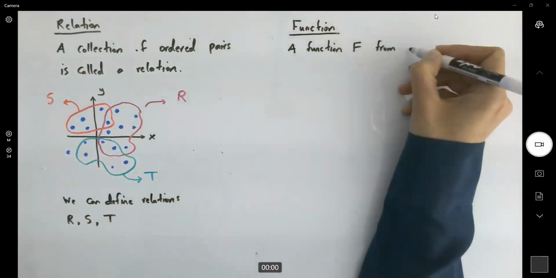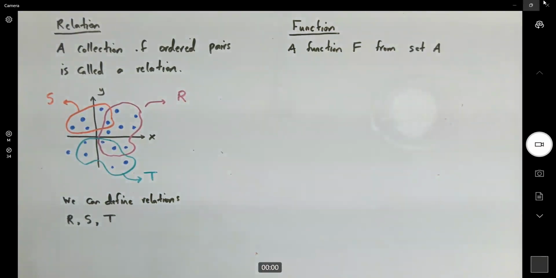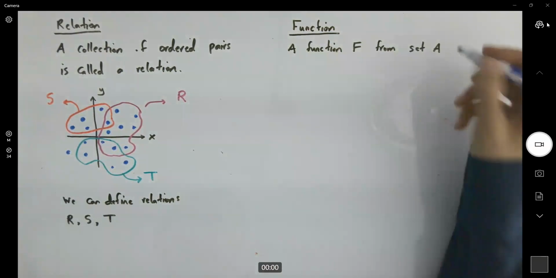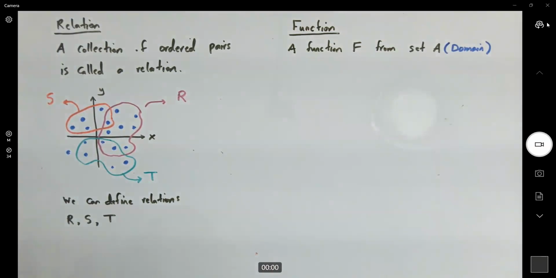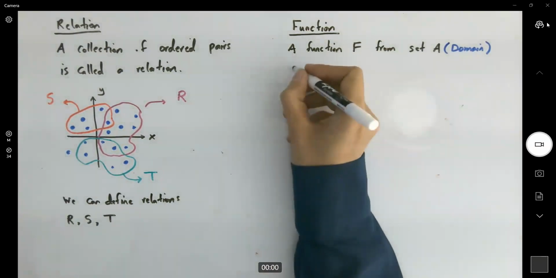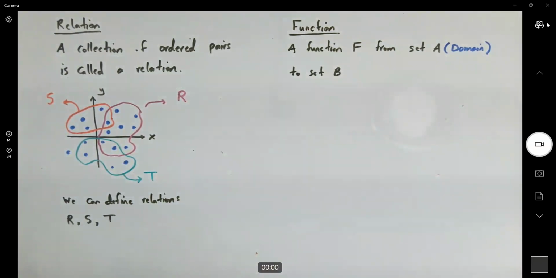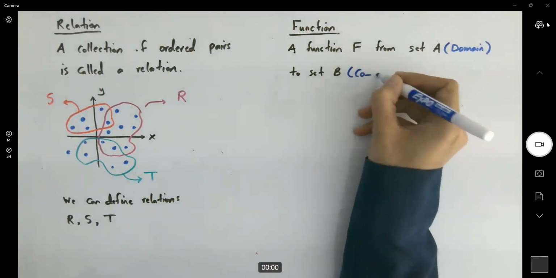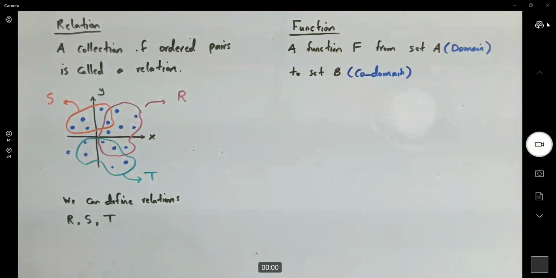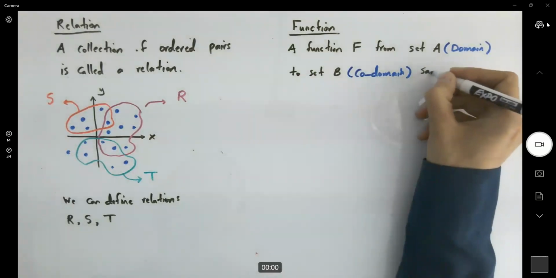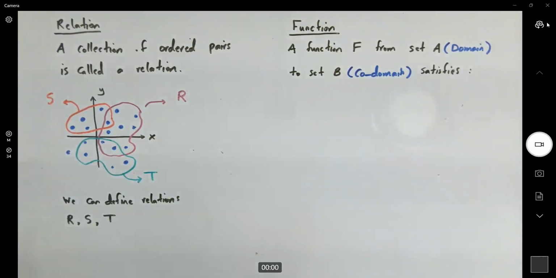from set A that we call the domain to a second set that we call a codomain, to set B. Guys, set B is not called the range yet. This is codomain. Satisfies